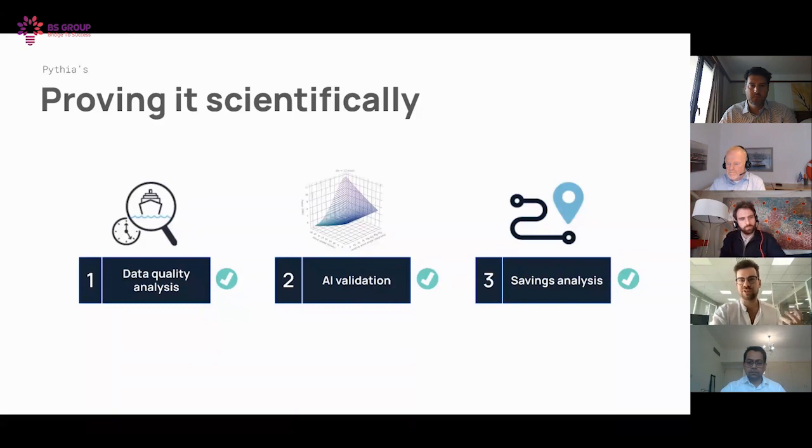Now, it's quite a magical thing in some ways, because once we have these models built, then we can actually present to anybody exactly the fuel consumption, typically within 99% of what was measured from the flow meters across any route. And this is a very good way of showing the models understand the vessels, therefore let's put some trust in them. And then finally, using that same algorithm and those same models, which we've shown scientifically are a very good representation of reality, we can then do a full savings analysis based on past routes and then optimize routes using